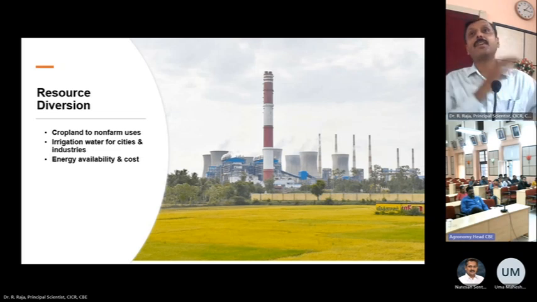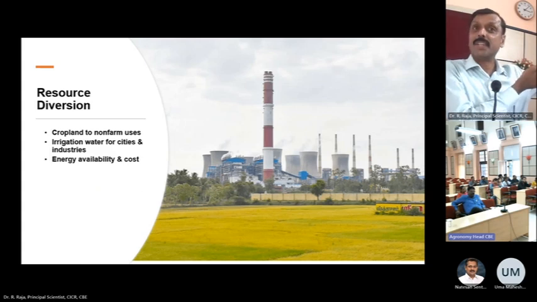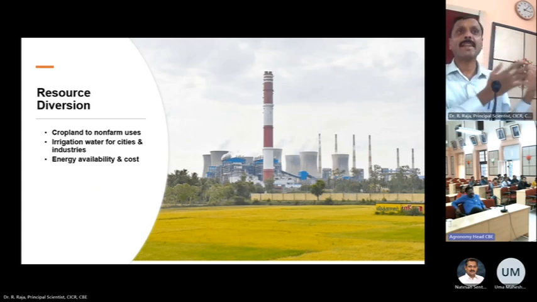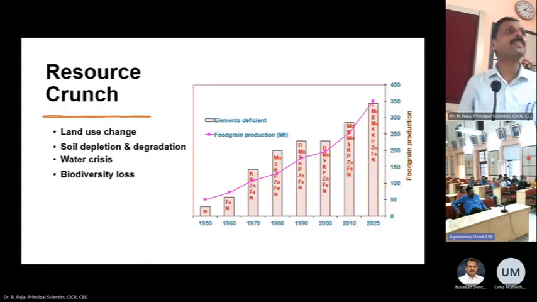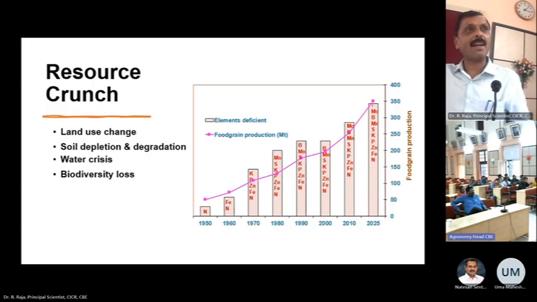Even the Kaveri Tribunal Award, if you see, they exclusively allotted some quantum of water for Bangalore city. So those kinds of things, when drinking water comes, agriculture becomes second. So these are all the competition in the coming years we are going to see, as well as our resource